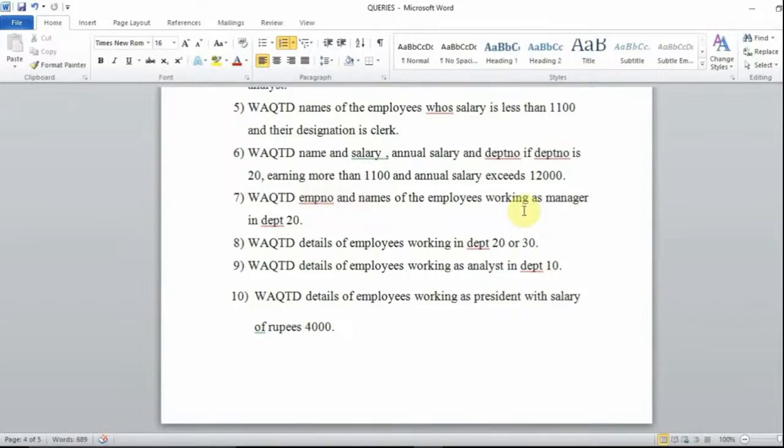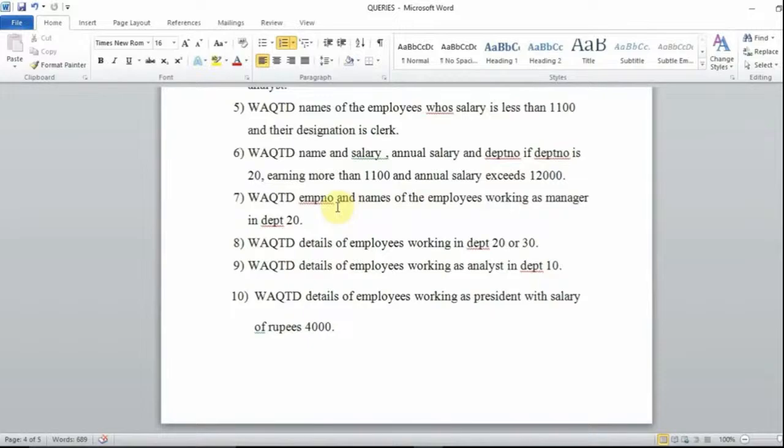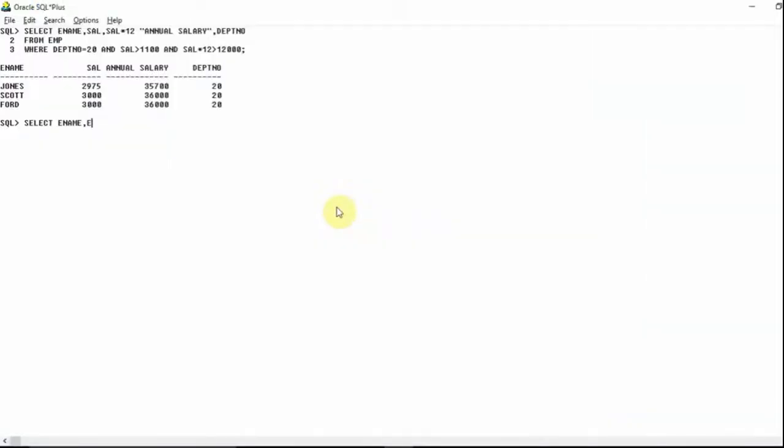Write a query to display employee number and names of employees working as manager in department number 20. This is also the same, guys. I need to display employee number and names of the employees. So I will write select employee number, EMP number, first, and after that E name. I will be selecting these from the EMP table